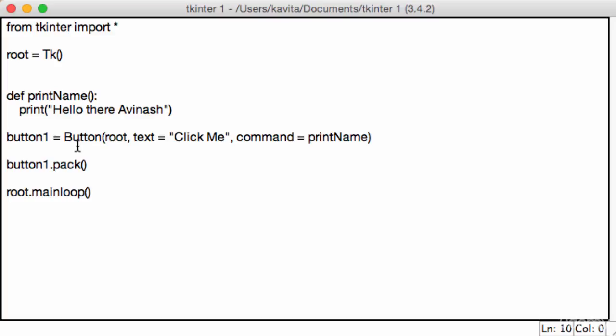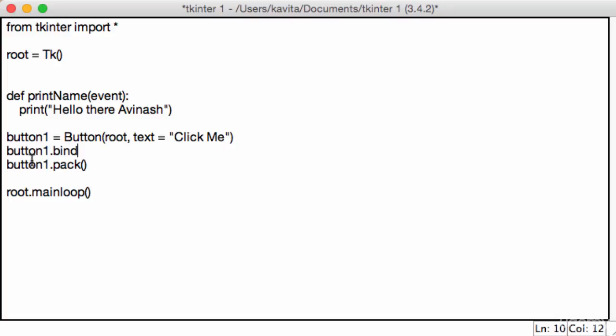So we right now have button1 is equal to button, root, text is equal to click me. I'm going to delete this command, alright? We no longer need this command for this new version. And in our def print name, I want you to go ahead and type in the parameter event. So button1 is equal to button, root, comma, text is equal to click me. And def print name now has a parameter called event. Now, the last thing is, I want you to add this function,